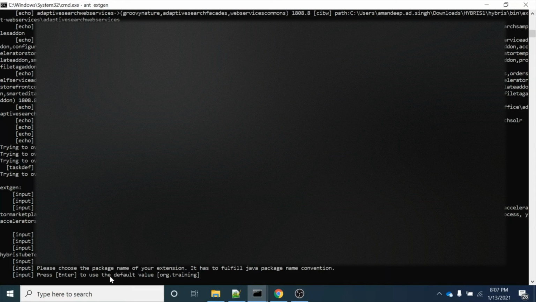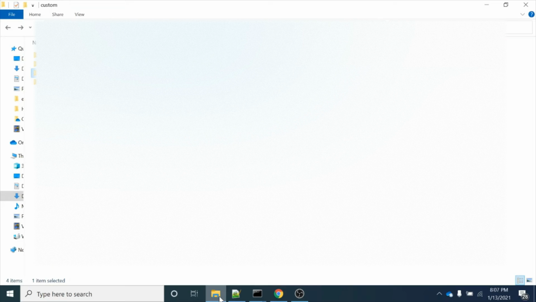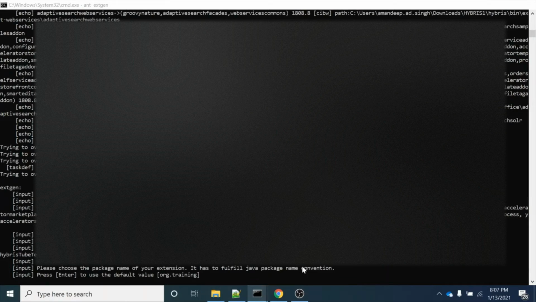So now I have to give the package name. If I open any other extension, like the training one, you must remember during the module gen command we had given the package structure. Like if I go to src, we have the package structure as de.hybris.training. So I will be following a similar pattern. So I will be writing something like this,